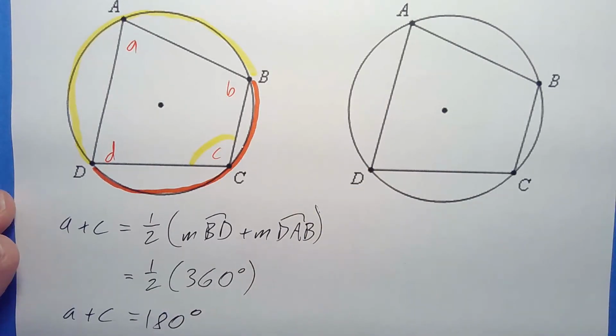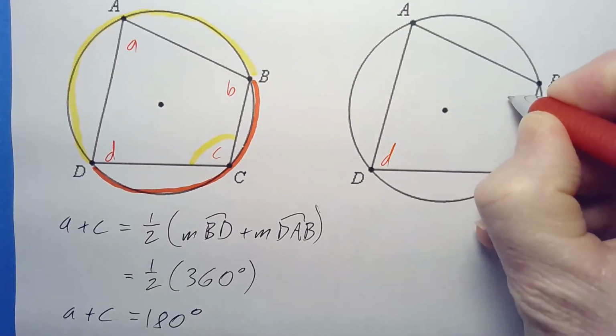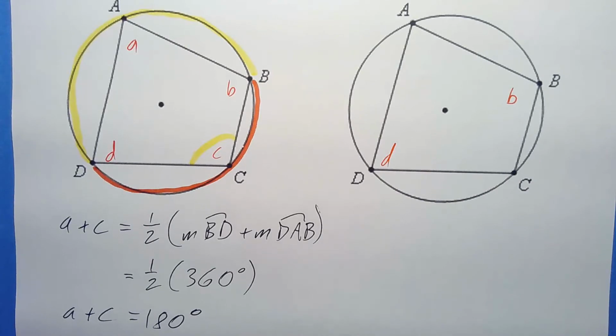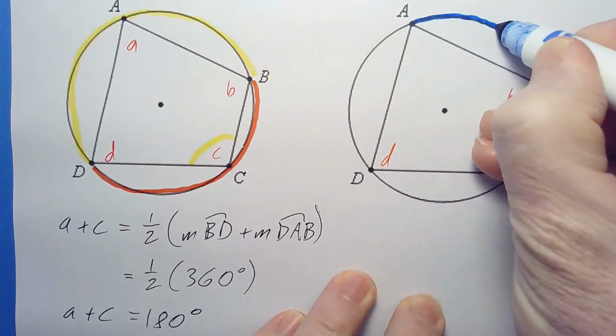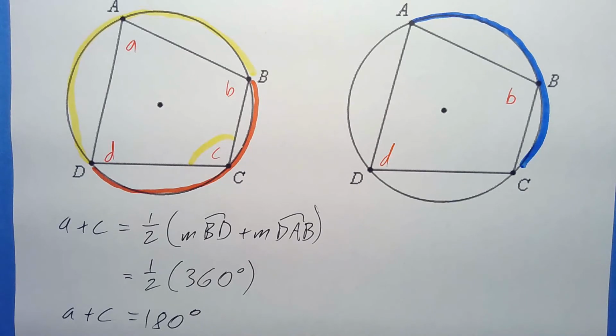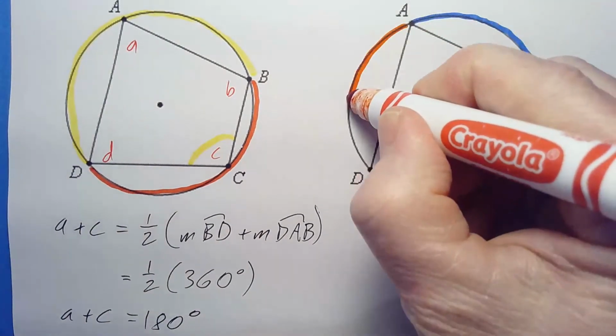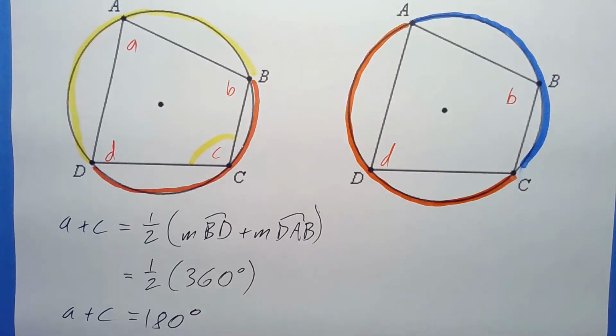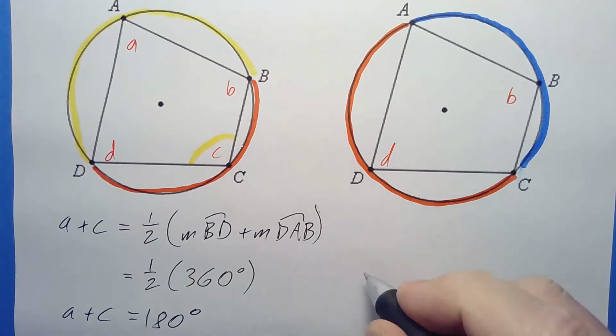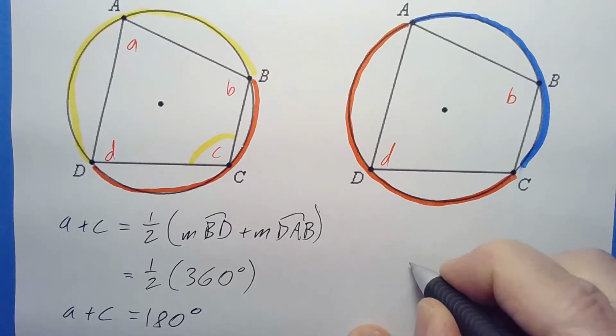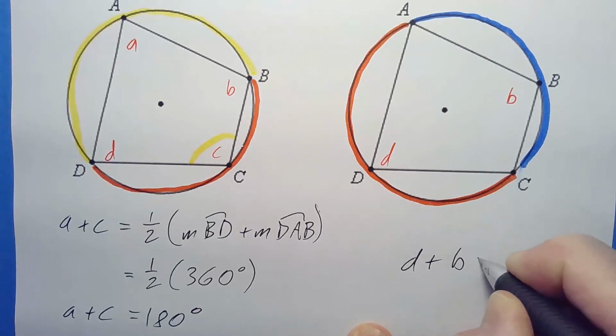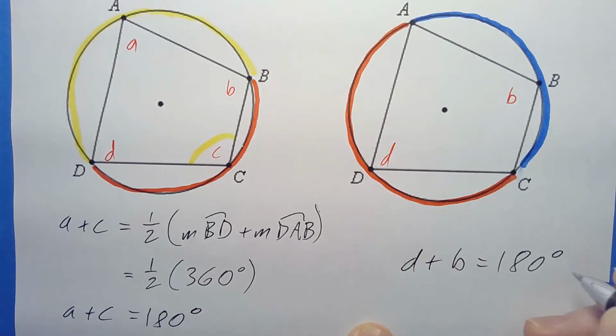And you know, it works the other way too, right? If we look at this other circle, let's just look at D and B, and this time what I've got is this arc and this arc, and again, that's going to add up to 360. We can use the same logic we used a second ago, and we're going to get the same thing, but now for the other angles. So I would have D plus B equals 180 degrees, okay? This is really handy. It's going to be true for any